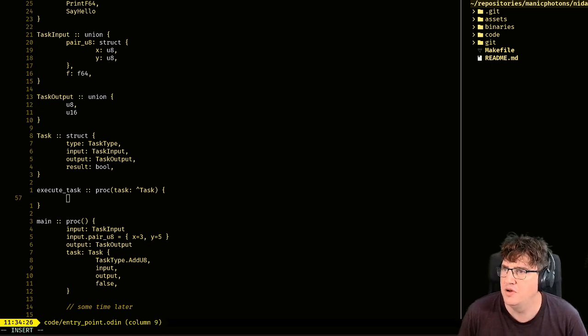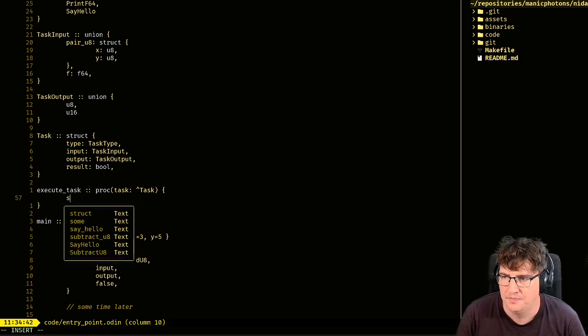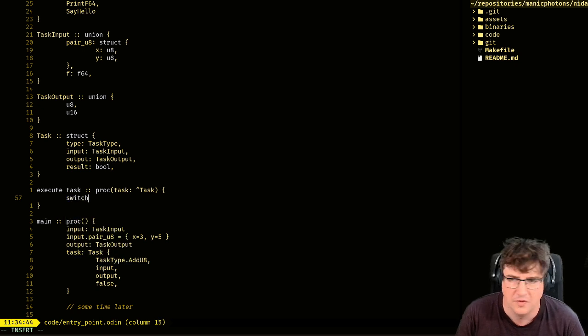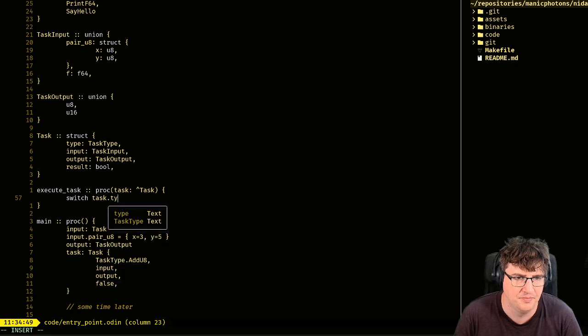And then I would need to switch. Let me just double check switch statements. How am I doing switch statements in Odin? Yeah, so we'll switch on the task.type.